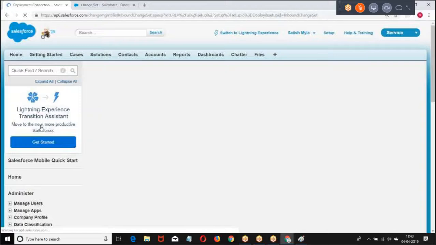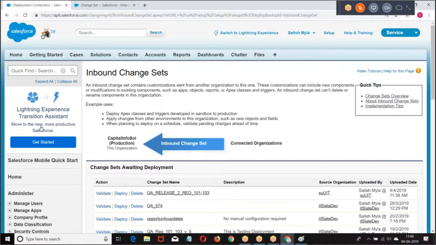Now, what is the option we have? Validate. When you validate, we have three options: default, run local test classes, run all test classes, run specific test classes. Try to understand this.